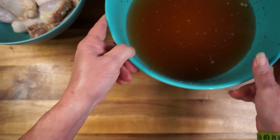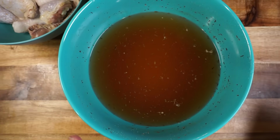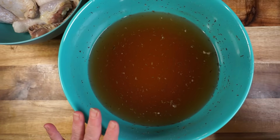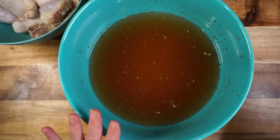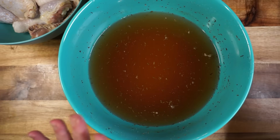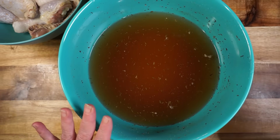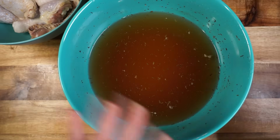A lot of people prefer buttermilk. I like a salt and sugar brine with spices. But in my brine, I have 9 cups of water, 2 tablespoons of seasoned salt, Lawry's I like to use, 1 tablespoon of Creole seasoning, I like Tony's Creole seasoning, 2 tablespoons of sugar, that just balances out your